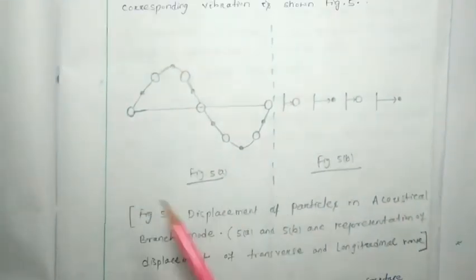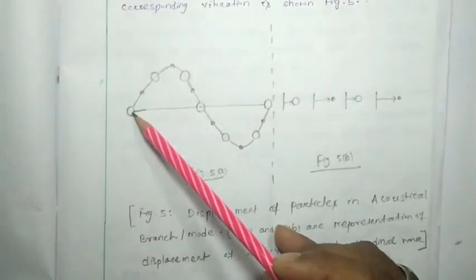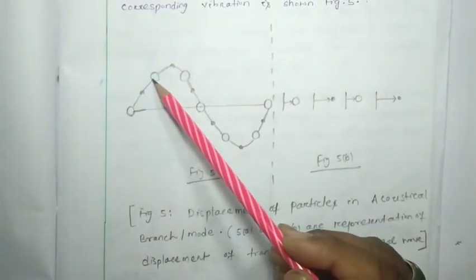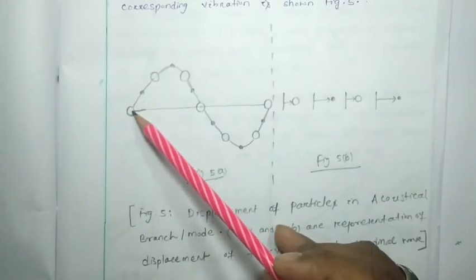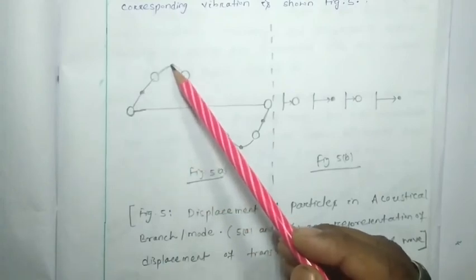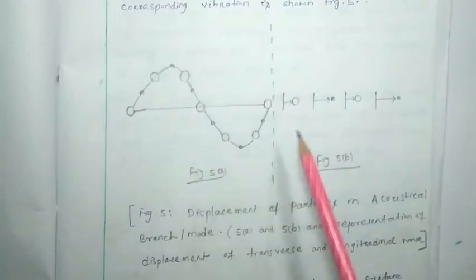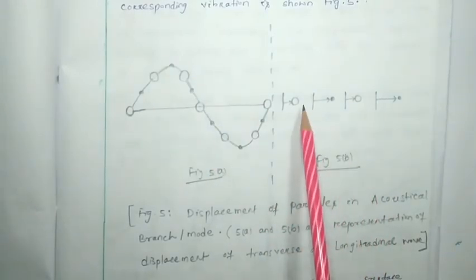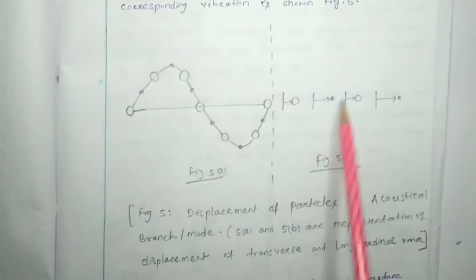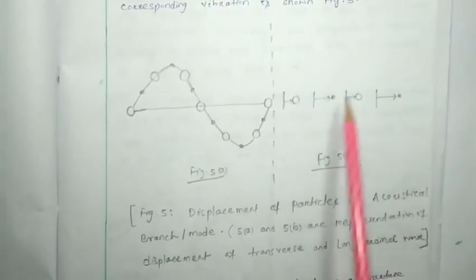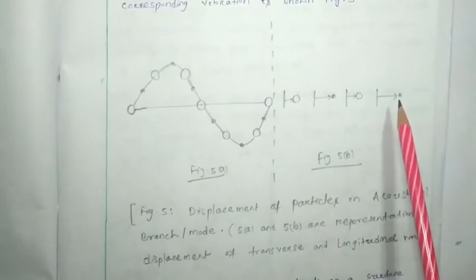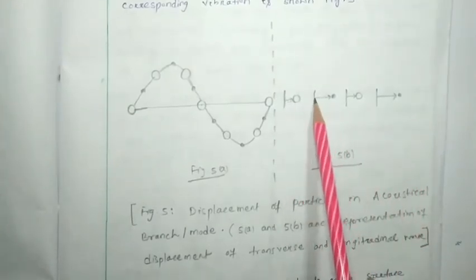So you can consider that nearby atoms have larger and smaller displacement. See, if we consider this one, the displacement is 0, but this has a larger one as compared to this one, and this atom has a larger displacement, larger amplitude, as compared to this one. So in case of longitudinal, we can say that both the atoms, heavier and smaller, are moving along the same direction, but the amplitude is somewhat different.